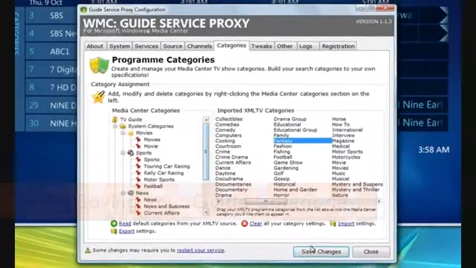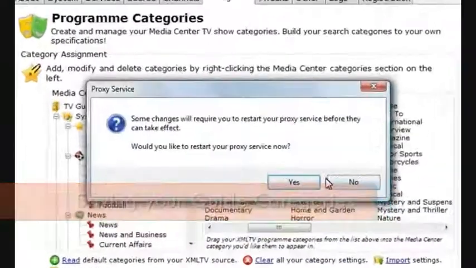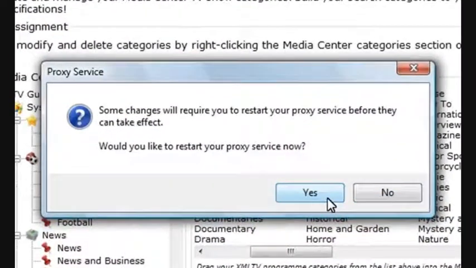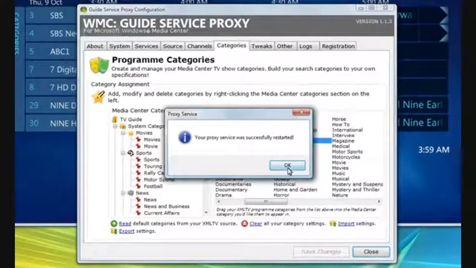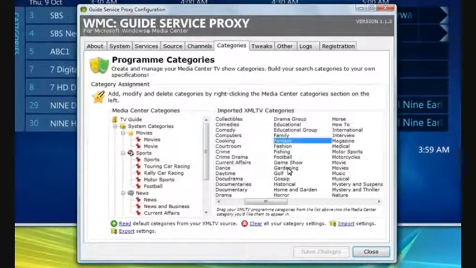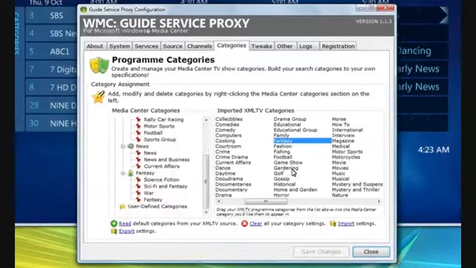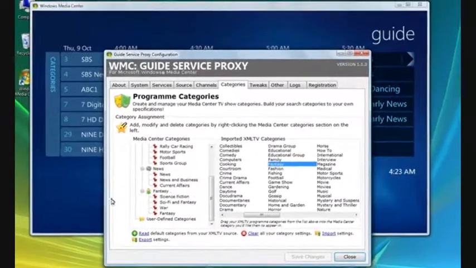What we do now is save, and we'll have to restart our Guide Service Proxy for this to take effect. We'll give that a few seconds, and once it's finished restarting, we'll run our Get Latest Guide listing just to show us what our categories look like. So we'll head back to Windows Media Center